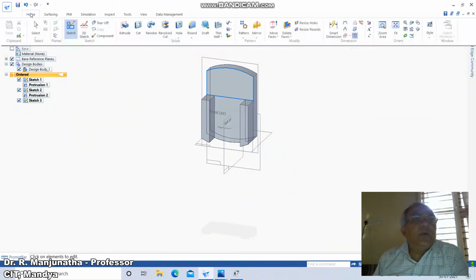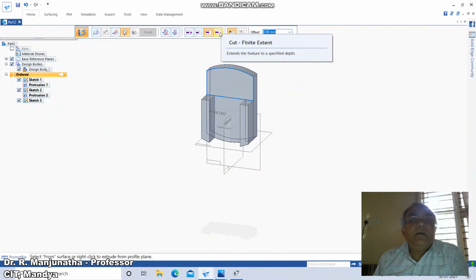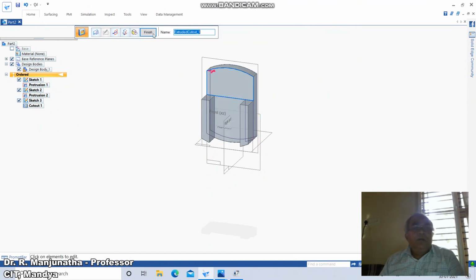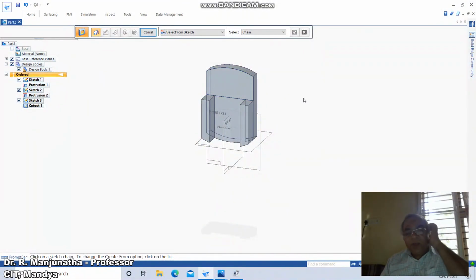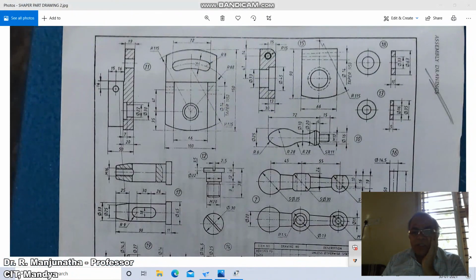then click on home, click on cut. So click on this profile and take the distance as finite extent. You take the distance as 1 and you just click on this. So finish. So once you get this, now we need to do the next portion, which is the counter bore